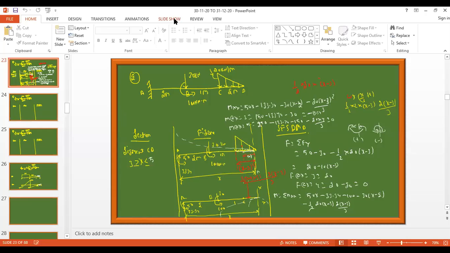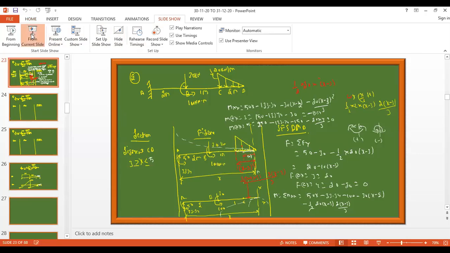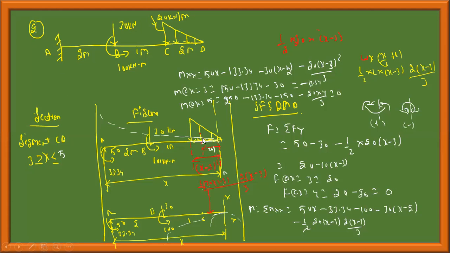Okay, I'll be starting. In the previous round, there was a network issue and we stopped at this point. Now I have to take the bending moment in this problem. Bending moment in the sense, if I take